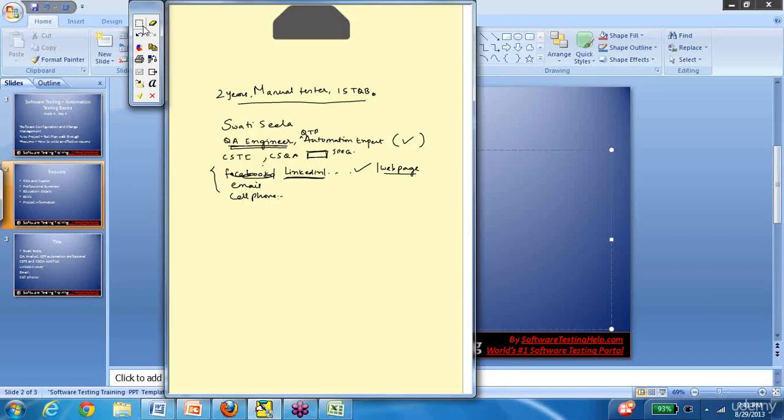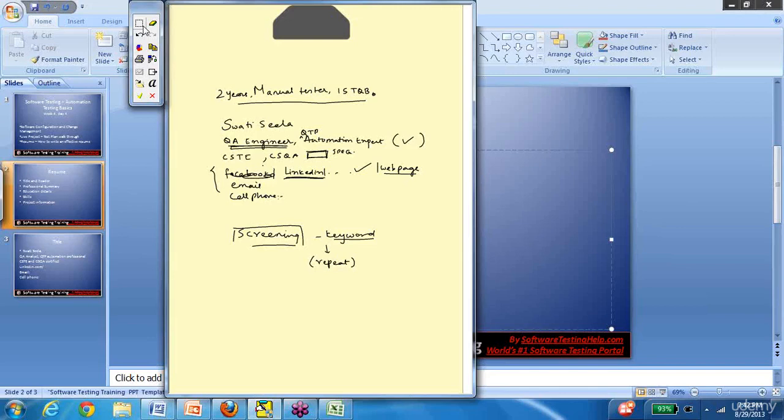Yes, that will happen first, but initially the screening or the picking up of resumes happens based on a keyword search. Okay, so it is very important to include the right kind of keywords in your resume, right? Not just include words, you have to make sure that you repeat them a couple of times, a lot of times in fact, in your resume, to make an impact. Now we'll see how to include those keywords.